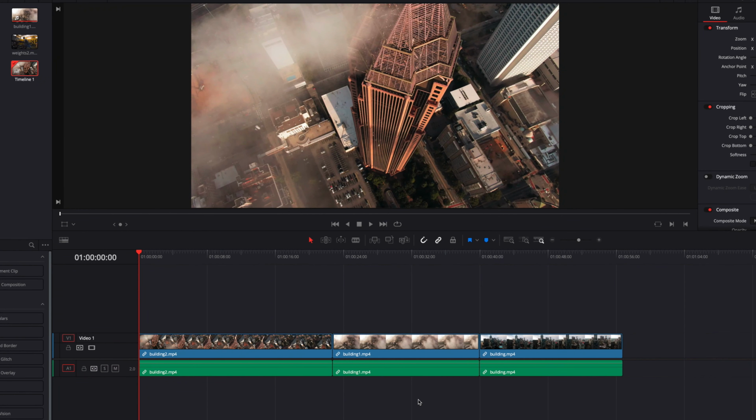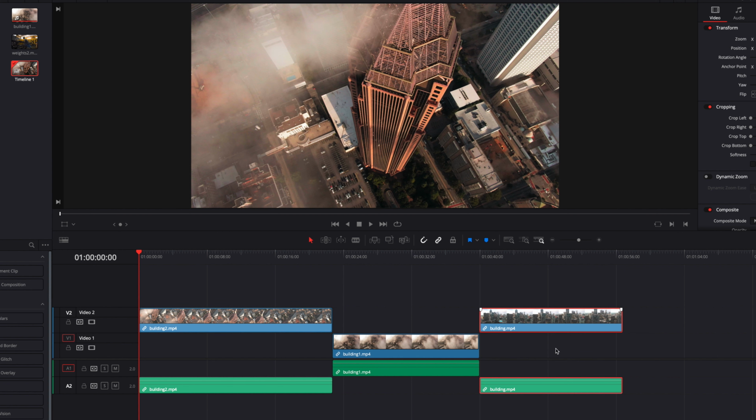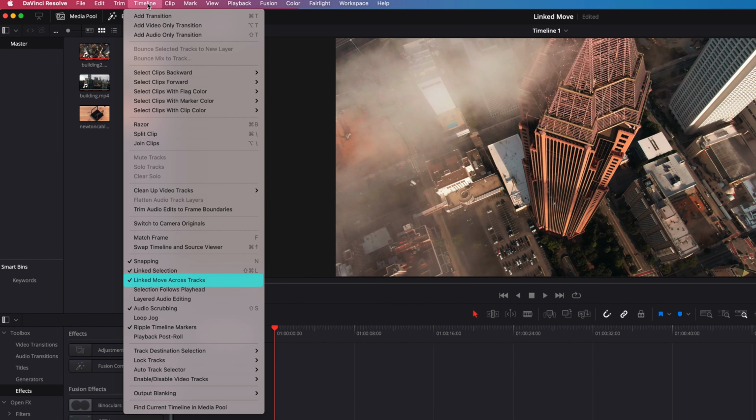Hey guys, in DaVinci Resolve, by default, when we move clips into different tracks, as you can see, both the video and audio part of the clip will move to different tracks at the same time. Now, you can disable this synchronized behavior by going to timeline and then in the menu, deselect link to move